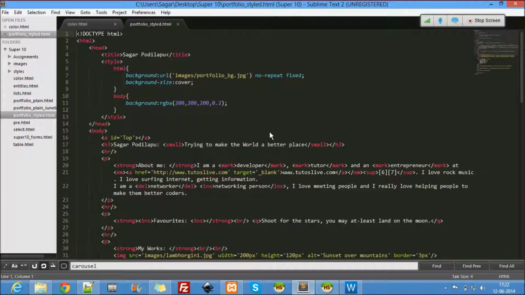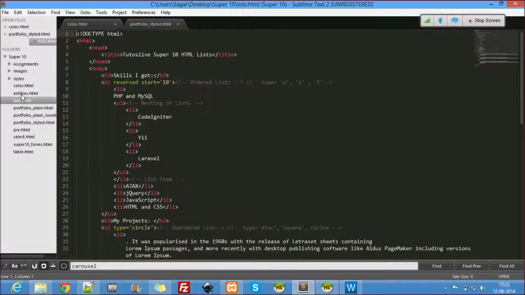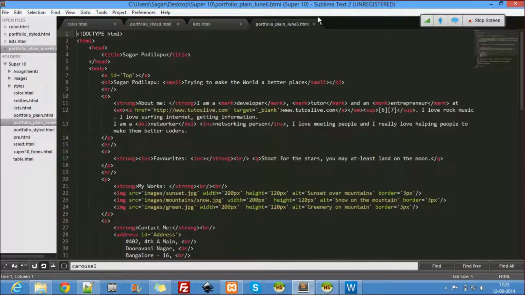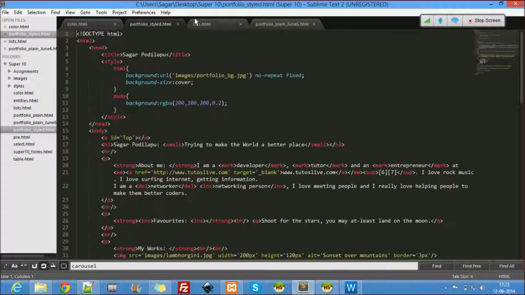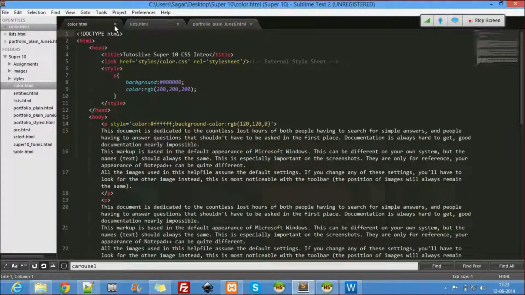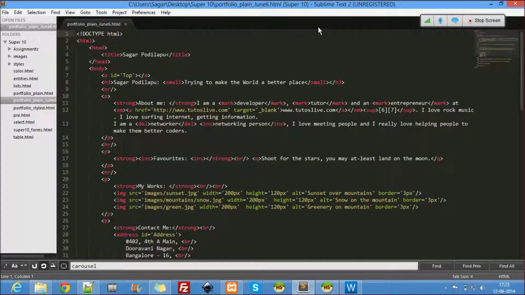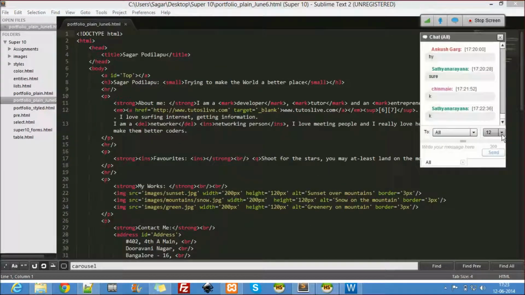So this is how Sublime Text looks. It's a free editor again. The advantage here is you can drop the entire folder. You don't have to go back and forth to see each file. All you have to do is click on a file, it opens here. Click on a file, it opens here. And you can navigate to the files. It's entirely folder oriented. Can you guys see my screen here?